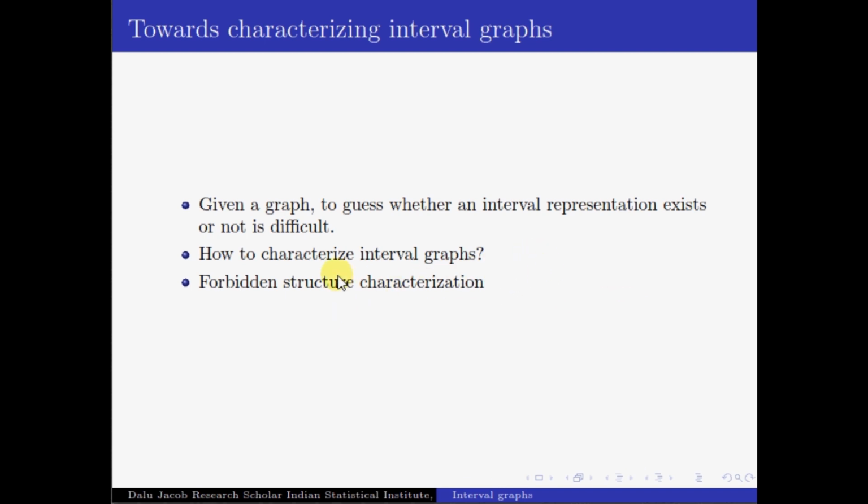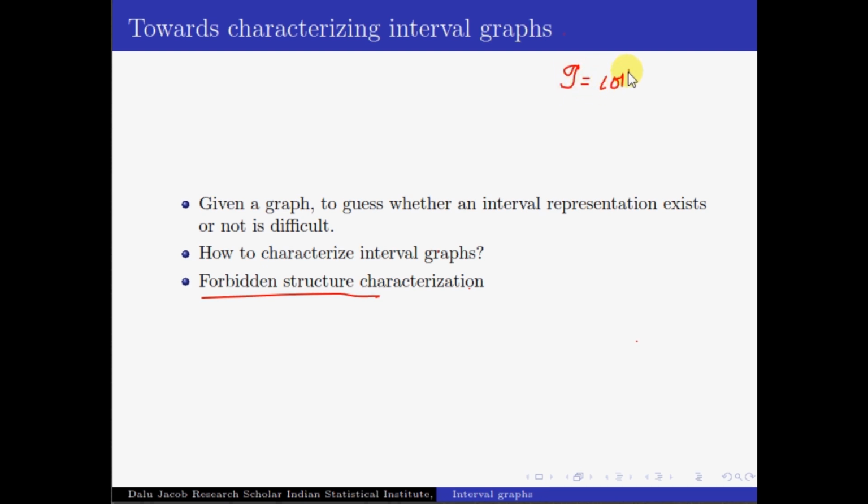So an interesting question that we can ask here is: how can you characterize interval graphs in some other easy way? Easy way, meaning not by using the direct definition. How can you figure out whether a particular graph belongs to the class of interval graphs or not? When we face such a question in graph theory, an approach that we generally use is a forbidden structure characterization. By forbidden structure characterization, what you mean is that suppose you are given a collection of graphs. In this instance, let me take I to denote the collection of all interval graphs.